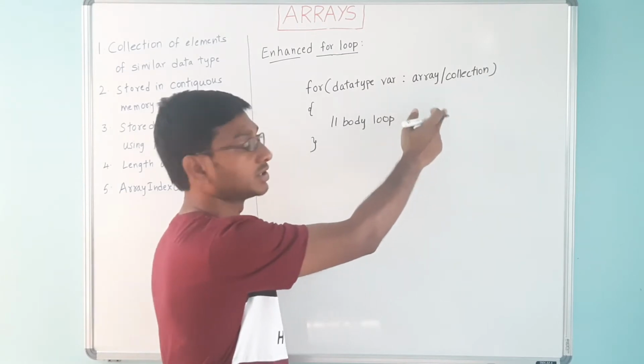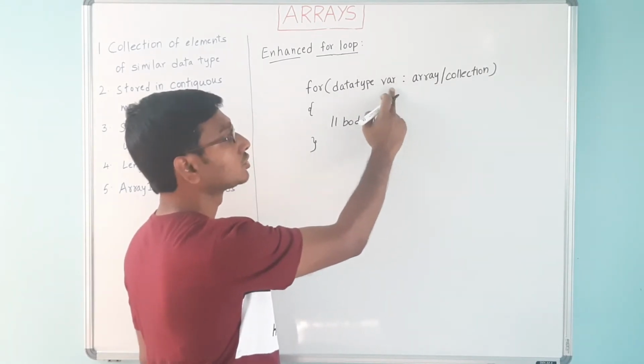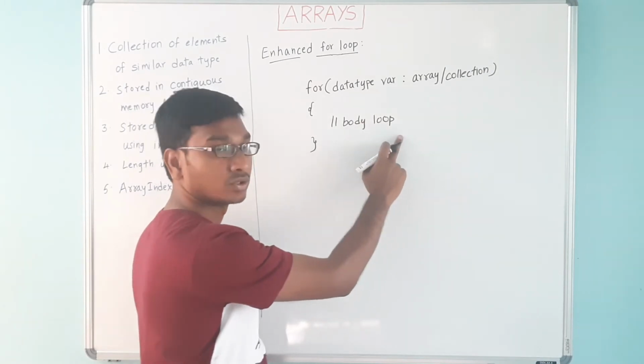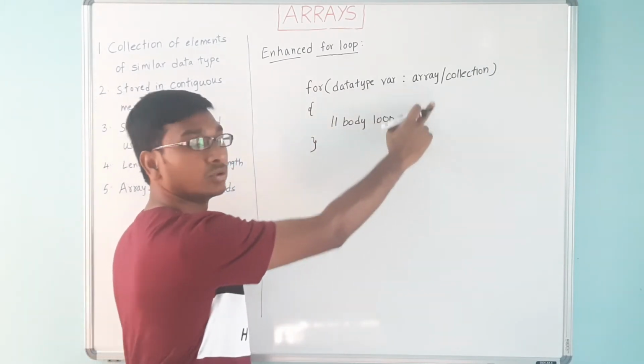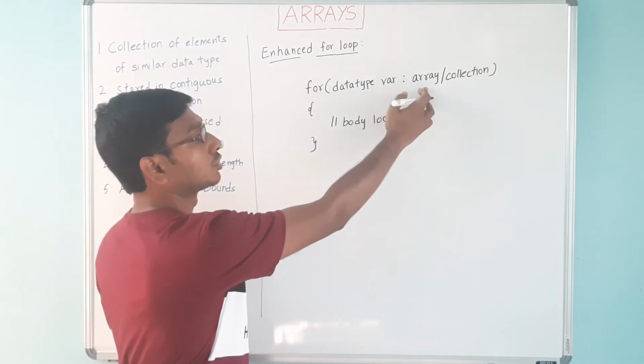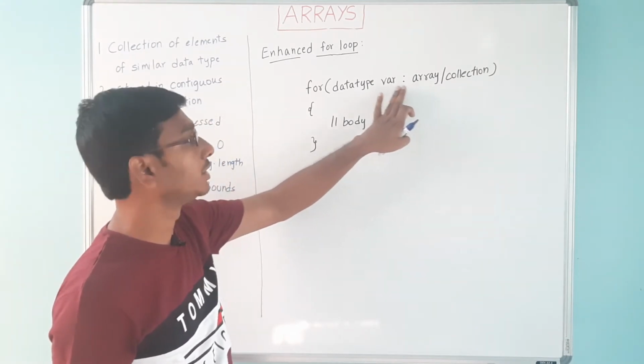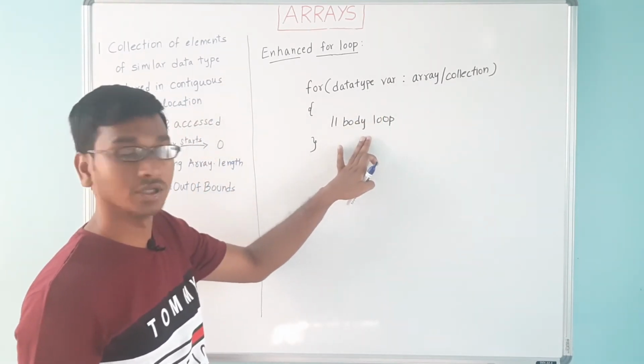So that will be the last index, right? Till that point, each element value will be stored in this variable and can be used in this loop. In the next iteration, we will get the next index value, that is index 1. Whatever element is present at array index 1 will be read into this variable, and that can be used inside the loop.